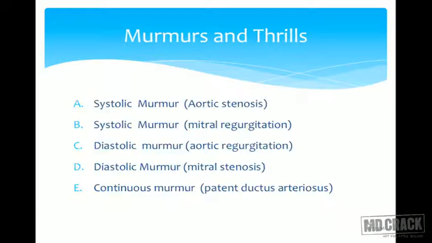In short, we will see about the types of murmur and some few conditions in which they are seen. Systolic murmur. Systolic murmur means what? A murmur which is heard in the systole. The common cause is that during the systole, the ventricle is contracting and the blood should go into the aorta. So if there is an aortic stenosis, it will create a systolic murmur. Or if there is a mitral regurgitation or tricuspid regurgitation, it will create a systolic murmur. So the systolic murmur can be there either because of aortic stenosis or mitral regurgitation.